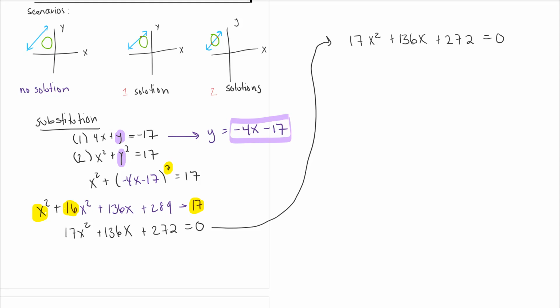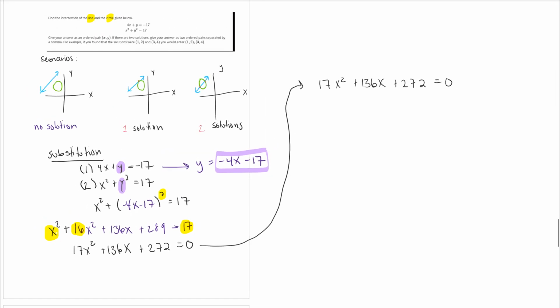So now that I have it copied over, the next thing I want to do is think about how to solve this problem. Because I have this degree 2, I know what I can do is factor. Usually in factoring, you really want to come up with the greatest common factor, and that greatest common factor is going to be 17. So you end up getting x squared plus 8x plus 16 is equal to 0. And of course, when you factor this, you're going to have x plus 4 and x plus 4